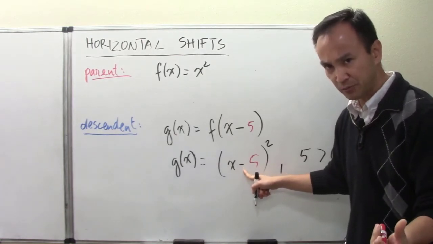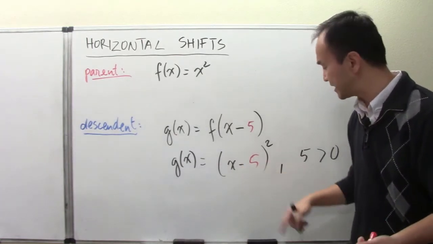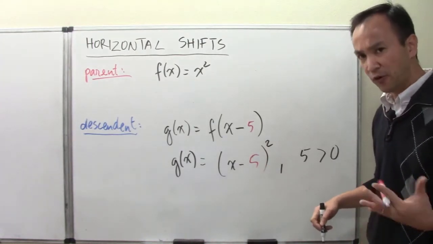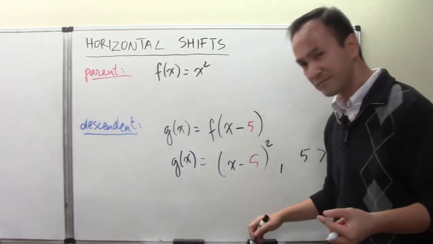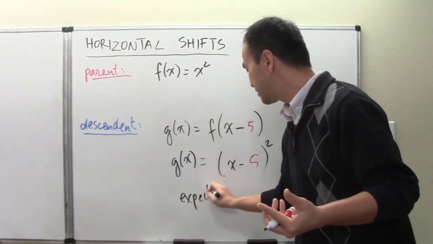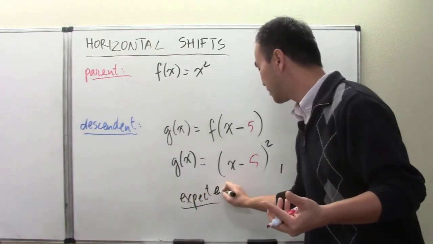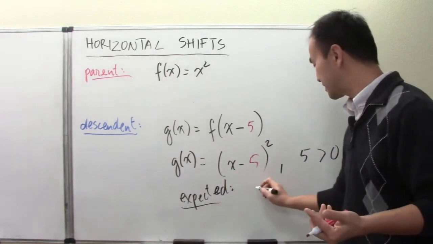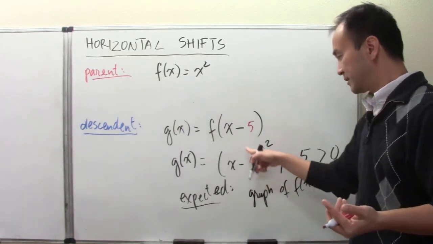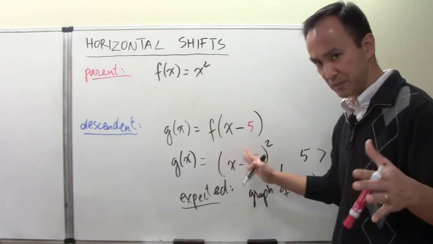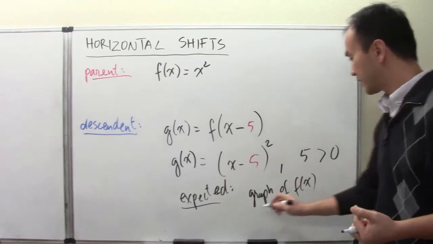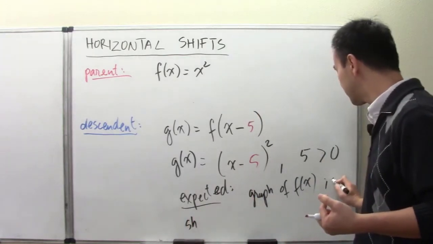So now after that subtraction operation, the number here I'm writing in red is a positive value. Let's note that down. Before seeing the graph, I am expecting, thinking about what we have seen earlier, that the graph of g, which is the graph of f of x being transformed, is the graph of f of x being shifted